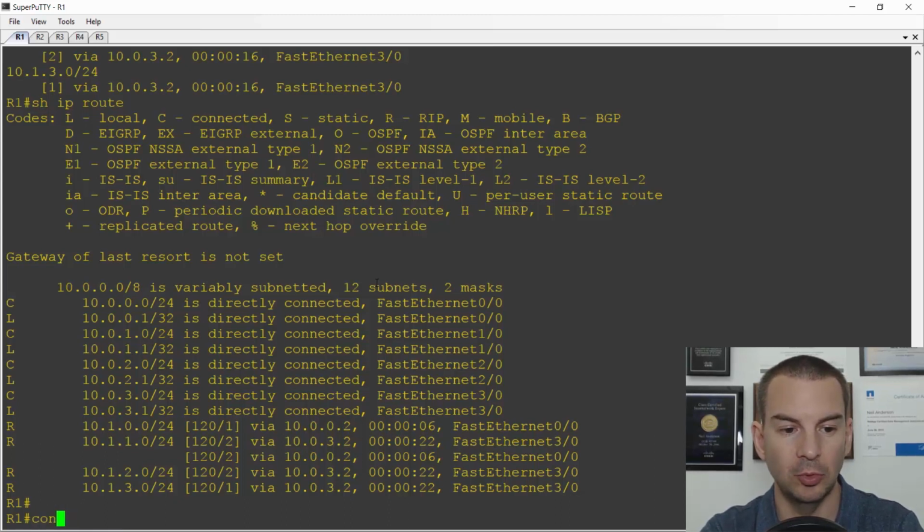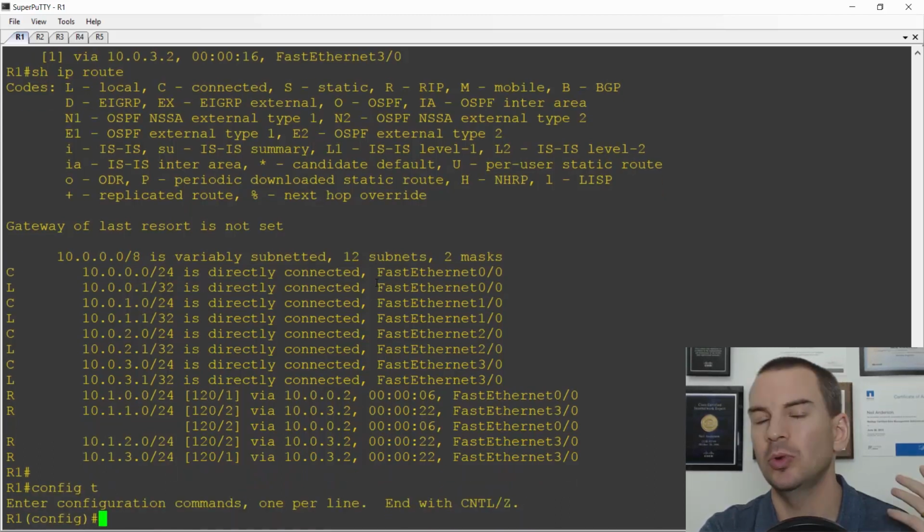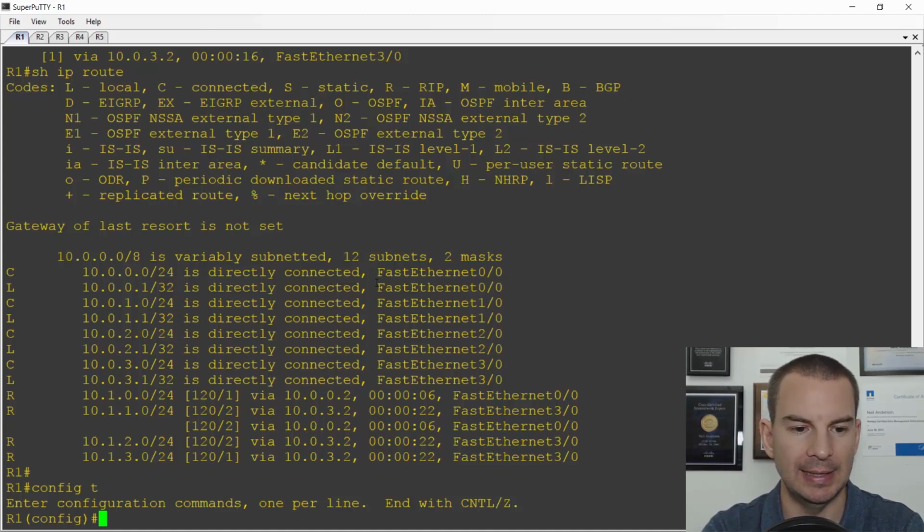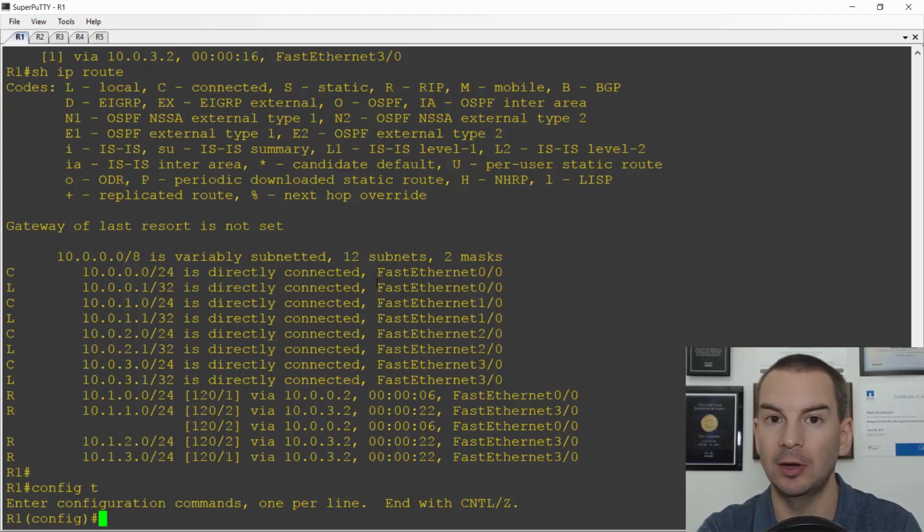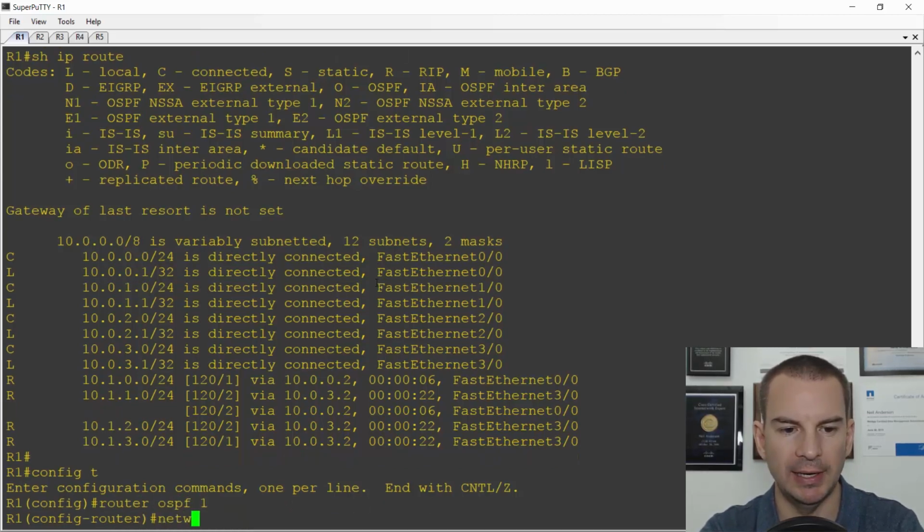So I'll go to global configuration. Again, don't worry too much about the config yet because we'll cover this in more detail when we get to the OSPF section. I'm going to say router ospf 1. And then network 10.0.0.0, and it uses a wildcard mask, which is the inverse of a subnet mask. So that is